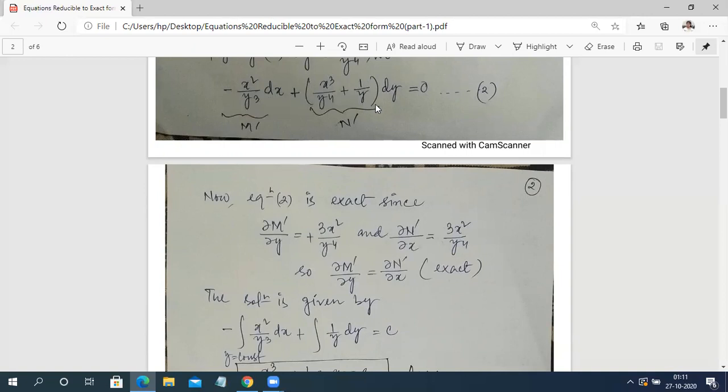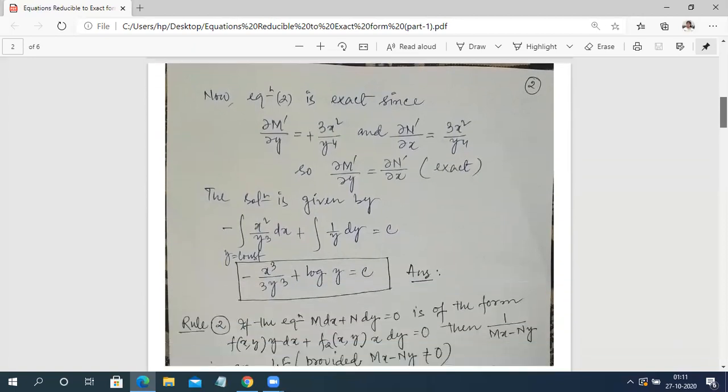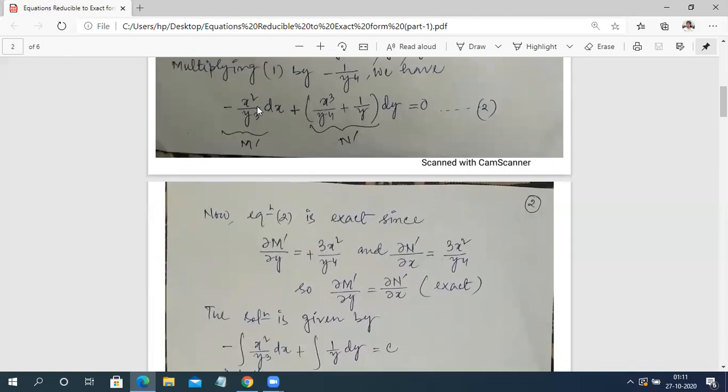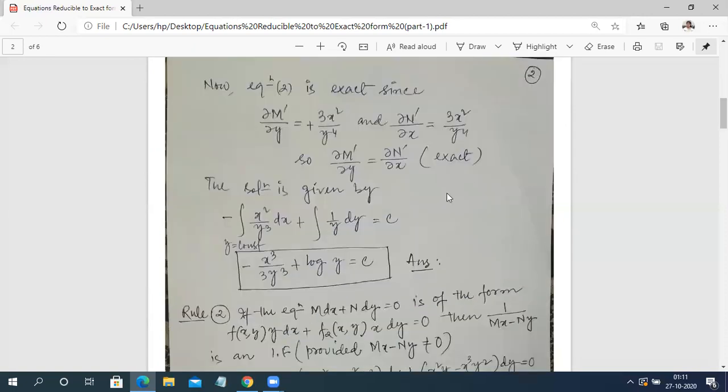So this is exact, so the solution is same as we have discussed earlier, that the solution will be integration of M' dx. Here it will be M' because this new equation 2 is exact, so the solution will be according to this. So the solution is like this, integration M' dx plus